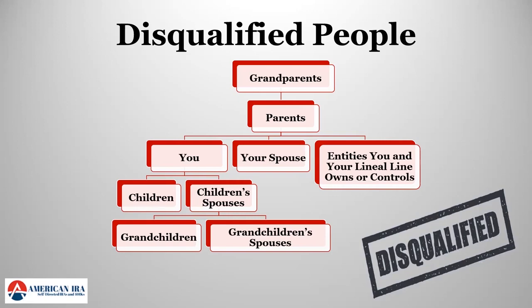Also, entities that all of these individuals own or control are considered disqualified entities. So an easy example would be your parents would like to buy a property from your retirement account, and you realize that that is a prohibited transaction. And so your parents say, no problem, we'll have our LLC buy a property from your retirement account. Because the parents own and control that LLC, it is also a disqualified entity